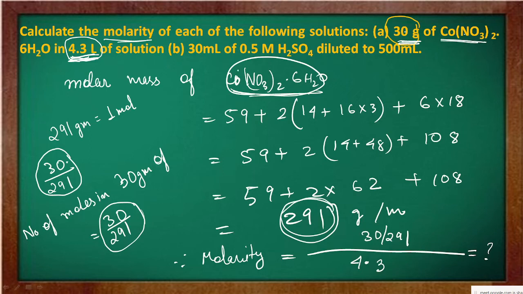Now here is the thing: whenever you are asked for molarity, the symbol is capital letter M, and when you are asked for molality, the symbol is small letter m. This is the difference between molarity and molality. Here the symbol is capital M. Whatever value you get, suppose you are getting some X, then you will write it as X capital M, meaning the molarity is this much. Okay, so now let us see another one.